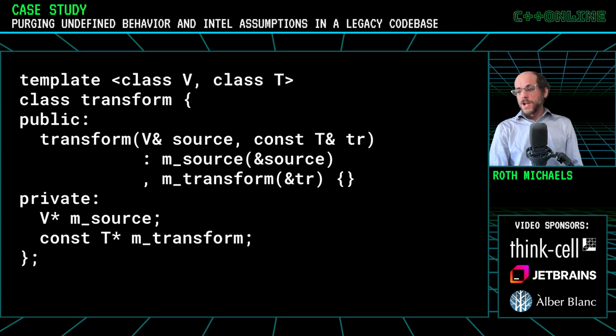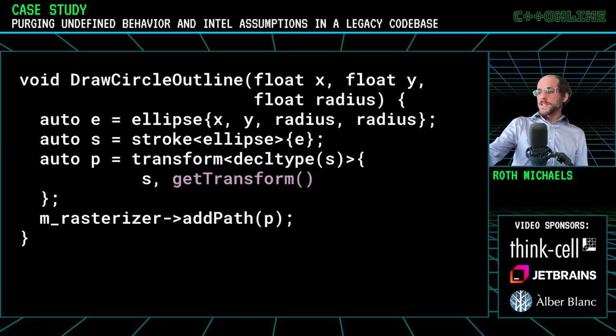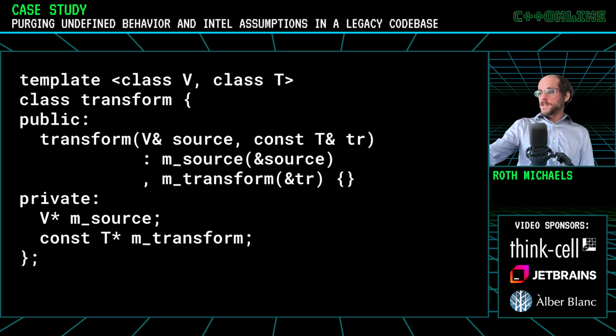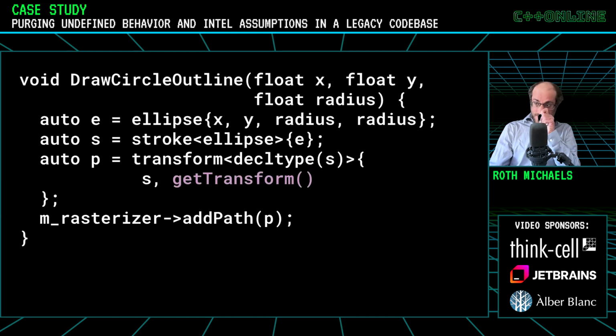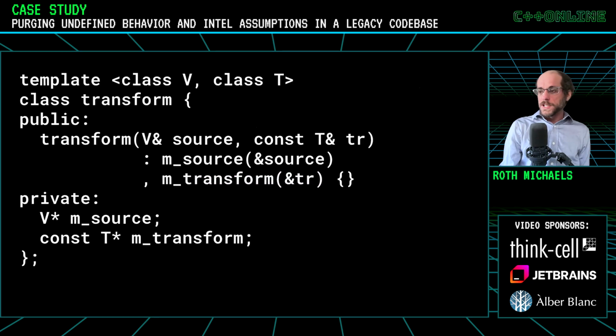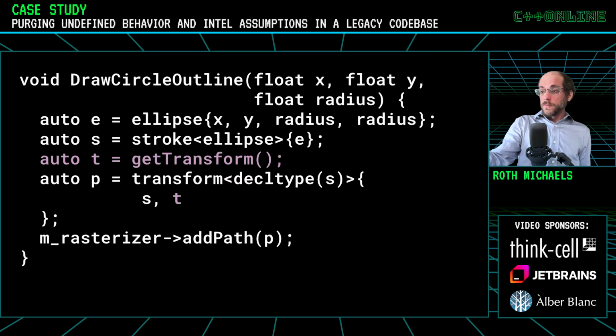So this can bind to a temporary, and then they take the address of that and store a const pointer. There's some bad practice in general about using const objects in your classes, but the main issue here is that this get transform returns a temporary that can bind to the tr parameter of this constructor, and they take that reference. And then you see we continue to use that transform after the temporary has been deallocated. So the fix was pretty simple. We actually just get the transform, put it on the stack. It's no longer a temporary, and the undefined behavior is fixed.